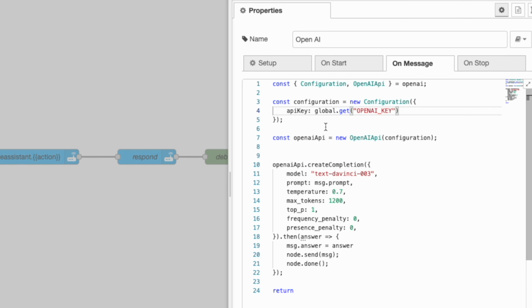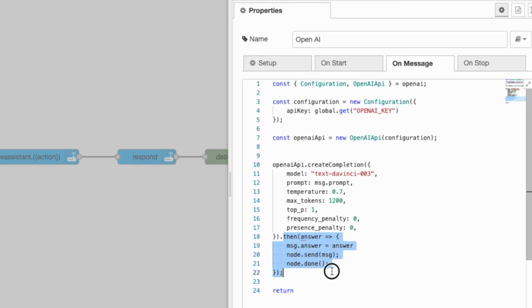The next thing you're going to see here is that this should be the same. It's OpenAI API passing the configuration. So we're basically creating this object here. And then this should remain mostly the same. The big difference that you're going to notice here is this message.prompt. I've replaced that string with the message.prompt. What this will do is it's going to dynamically pass in the prompt from whatever previous node comes before this. Another thing that I did is I just removed the whole await that was there from before,